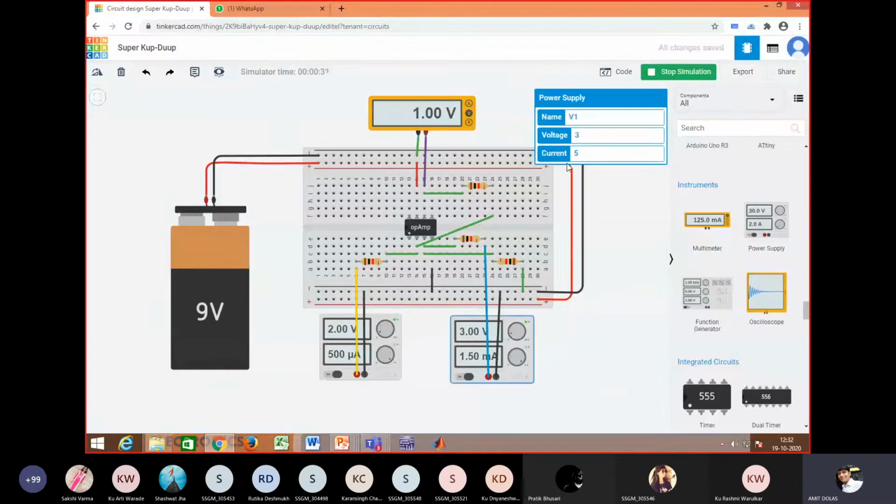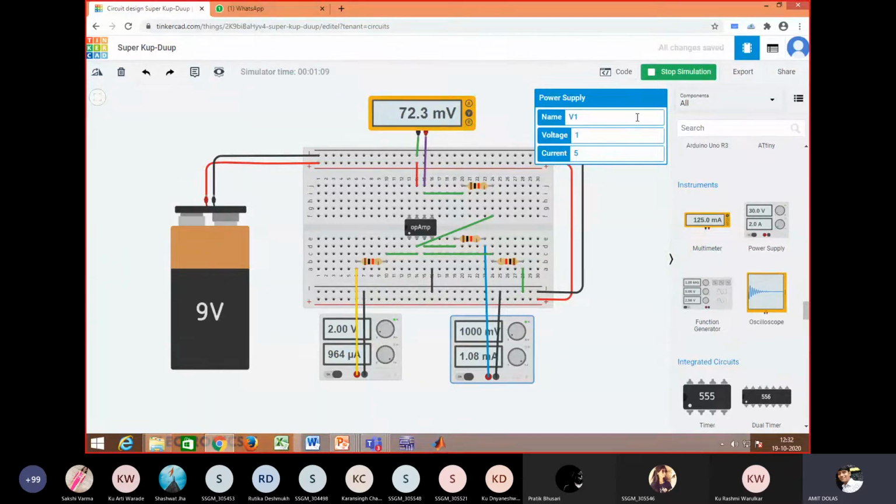Again, change this value to 4 volt. Expected output is 2 volt, 4 minus 2. Immediately it will reflect. 5 minus 2, it is 3. 2 minus 2, it is 0, but some millivolt value will show on the multimeter, 72.3 millivolts. Of course, you know what that is. That is the offset. So you can use 10 volts. So 10 minus 2, it will be 8 volt.